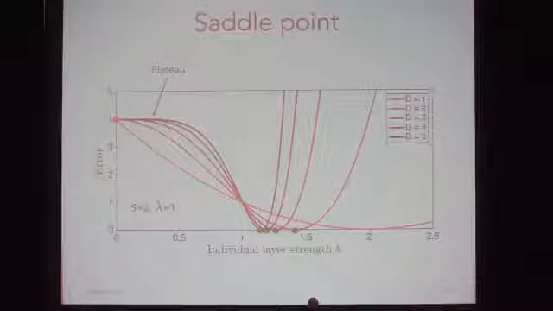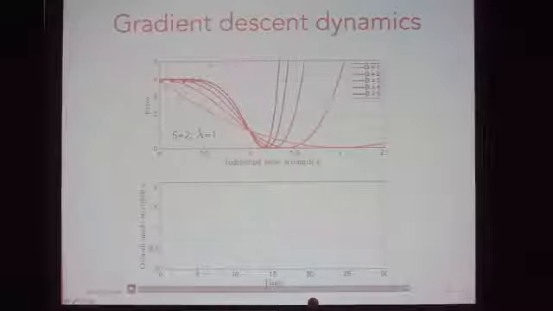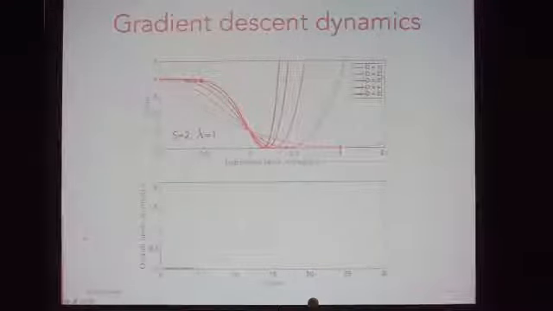So now if we're moving to the dynamics, I'm going to plot here the gradient descent dynamics. So just imagine dropping balls on the surface that are going to roll down, but they have no momentum. And on this axis, on the lower plot, I'm going to plot the effective overall singular value strength. And what you'll see is that as they come in, it's the shallower networks that learn more quickly than the deeper networks, and the deeper networks are stuck on that plateau. And eventually, they expel.